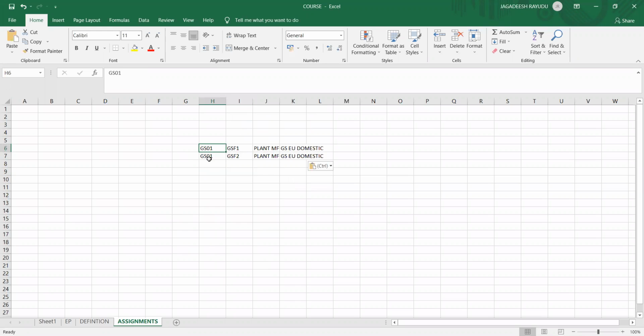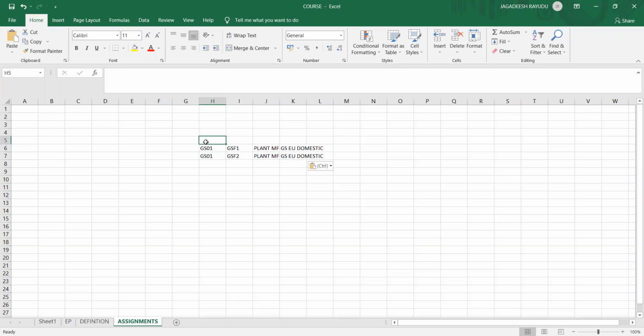So that means GS01, the domestic company code, like within Europe, whatever the manufacturing related expenses or inventory related expenses will be calculated with the help of GS01 company code. So you can assign n number of plants to a single company code.